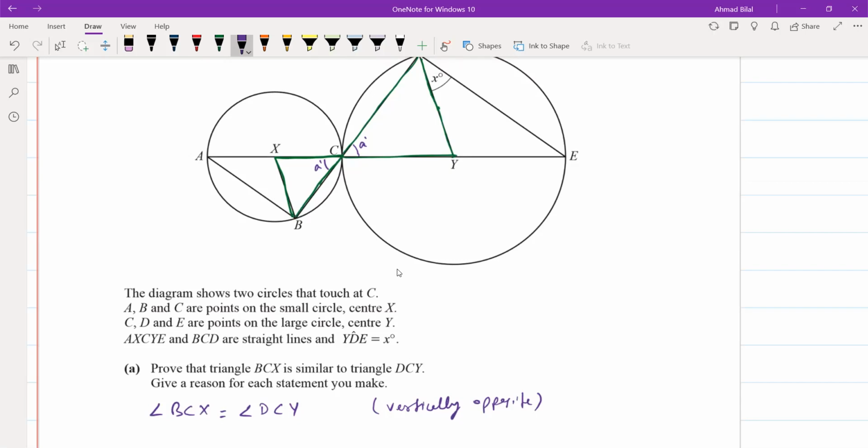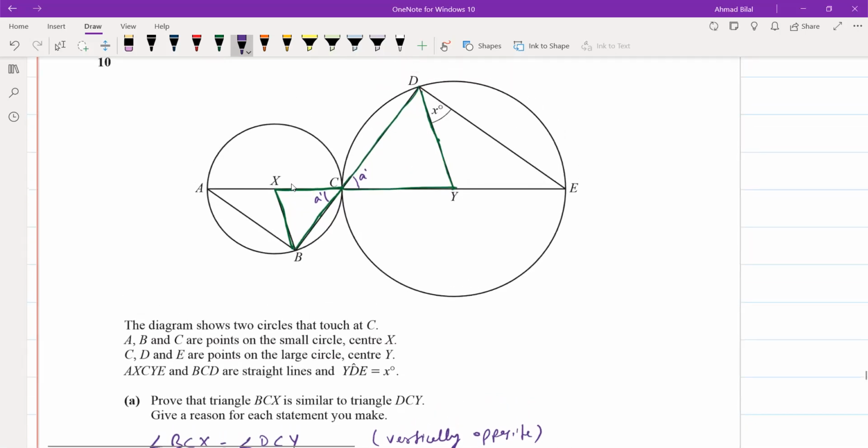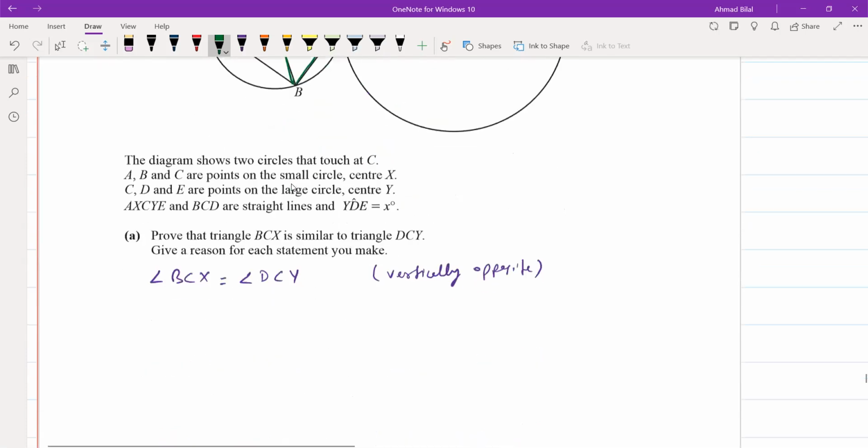अब ये हमें पता चल गया कि these are vertically opposite angles. अब उसके बाद देखें, if you think about this, DY is the radius, और ये CY भी radius है. इसका मतलब है कि दोनों equal होने चाहिए. So if the angle opposite to this side is A, the angle opposite to this side should also be A. So what we get is